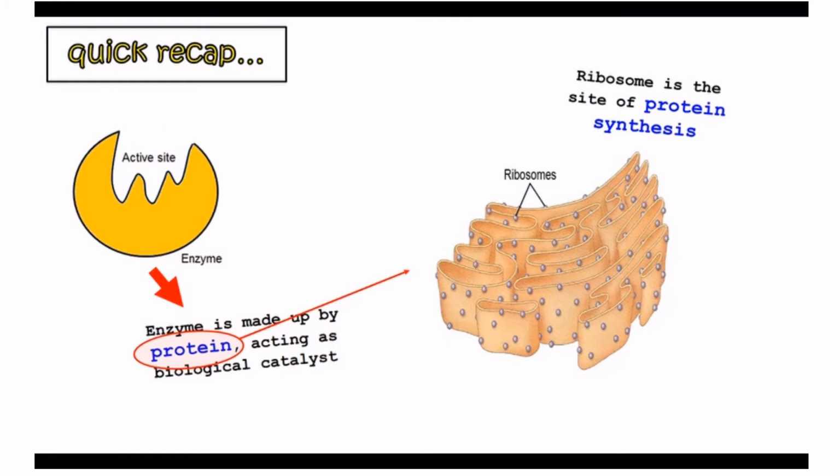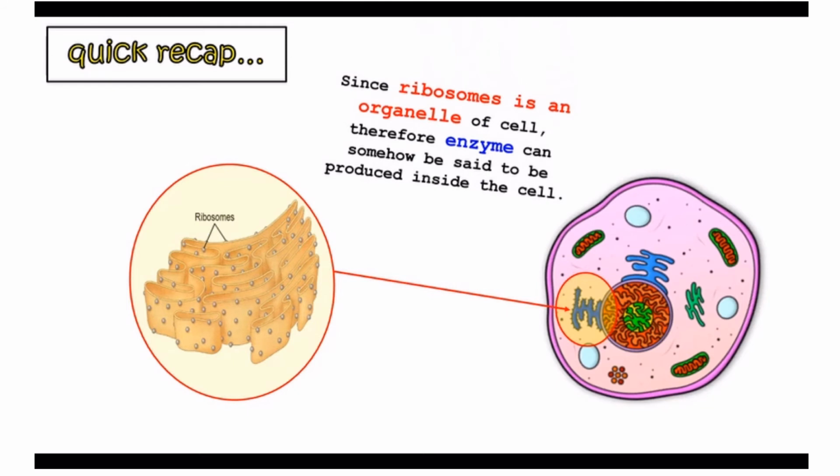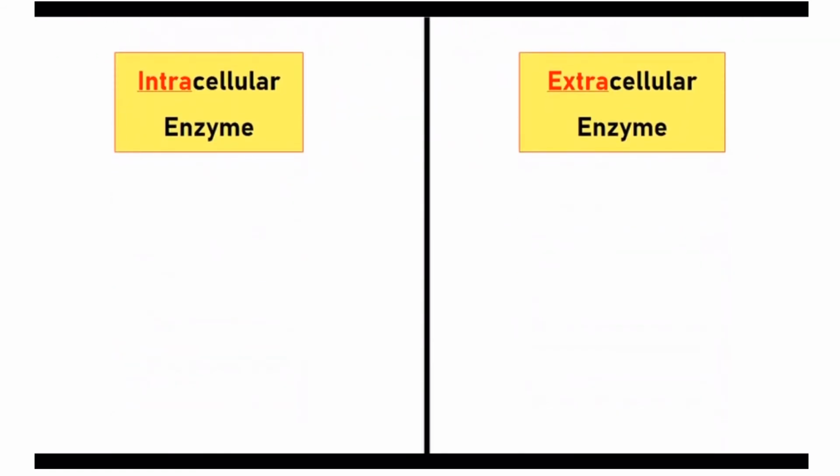The ribosomes are located inside the cell, so these are one of the cellular organelles. So let's look at the differences between the intracellular and extracellular enzymes in a general way, and then we will see what the differences are in their biosynthesis within the cell. Not only their biosynthesis, but also their sites of action. Both the extracellular and intracellular enzymes are proteins synthesized in the same way like any other protein, but the difference is how and where they are being produced and used up.